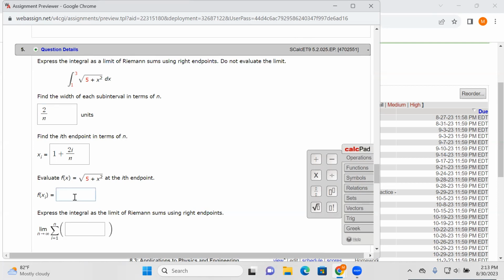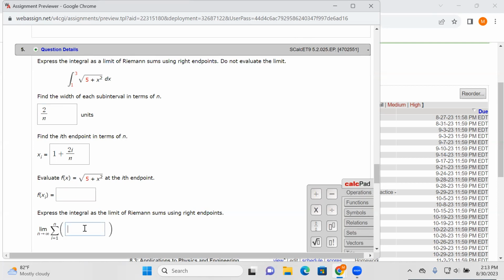So okay, I won't write it all out, but I'll just write it like this. Can I write delta? Oh, that does work. Great. So we can go delta x and then times f of x sub i, which realistically, we know what x sub i is. We did it before: 1 plus 2i